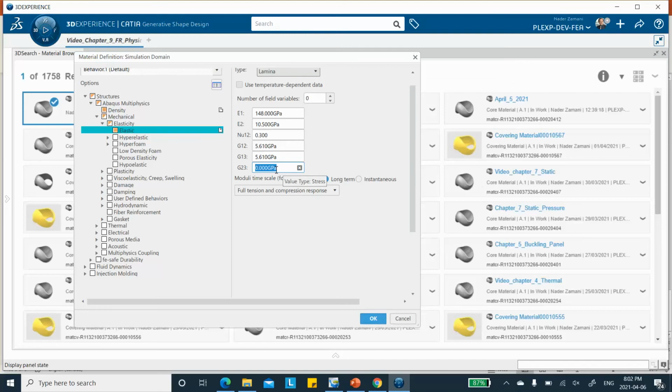Okay, and this one is half of that, 2.8. Actually, I didn't mean to say quasi-isotropic. I meant to say transversely isotropic. That's okay, 2.8. And this is pretty much it. So we say okay,